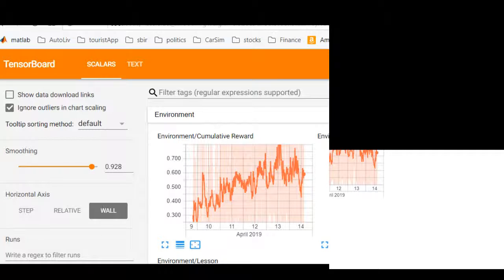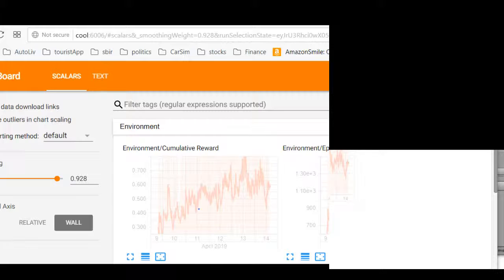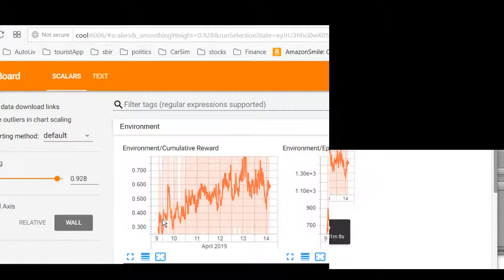This is kind of fun. This is a chart. So if you use TensorFlow, you have TensorBoard. This is the way you can monitor the data. What this shows is actually over several days, it's a plot showing the performance of this algorithm. So what you can see is actually over here it was higher than it is now, and then it drops a little, and then it goes back, and it kind of varies,